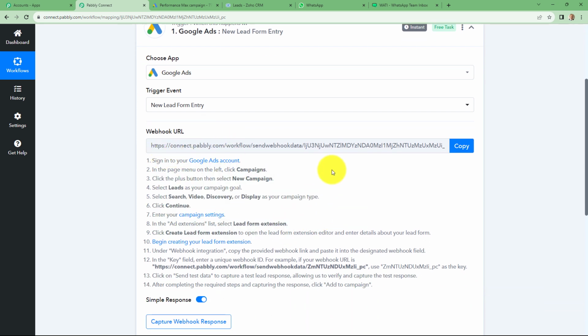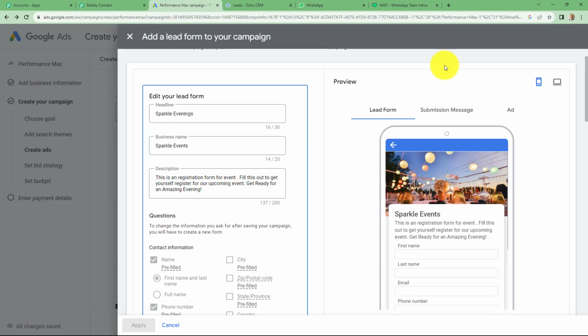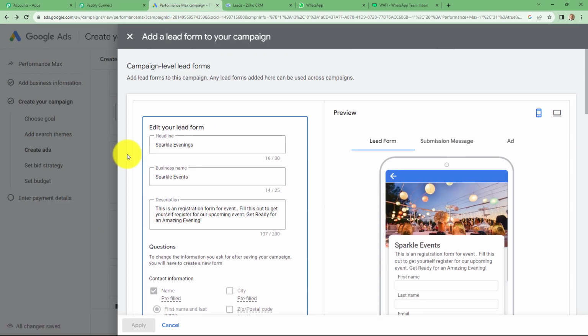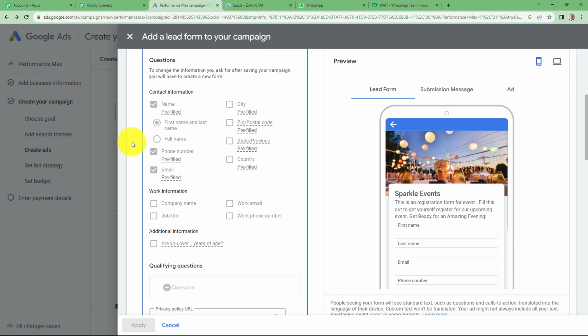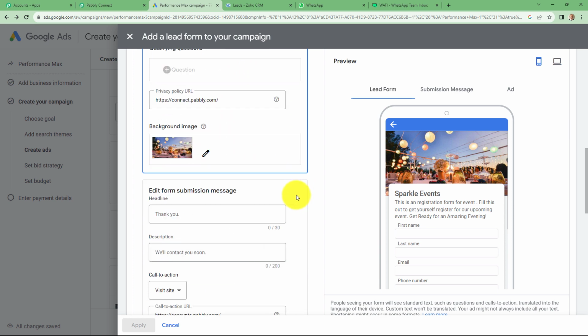Okay. So I'm going to take you to my Google Ads account, and here this is the form which I have created, named Sparkle Evenings. Okay. So it contains the following fields: name, email, and the contact number. Okay. So I have created this form by using only basic fields. When you create your own form, you can definitely add more fields in that, and then you will receive the response accordingly. So after creating this form and entering all the necessary details, we have to scroll down,